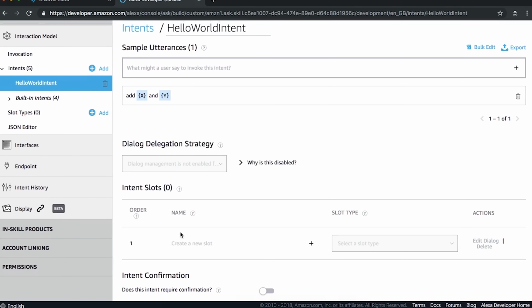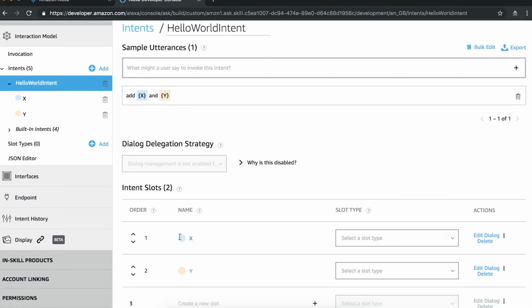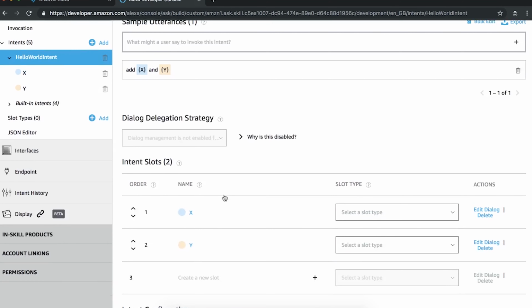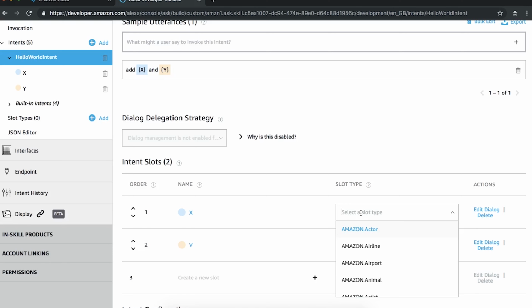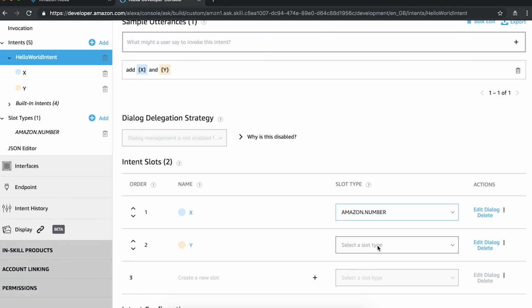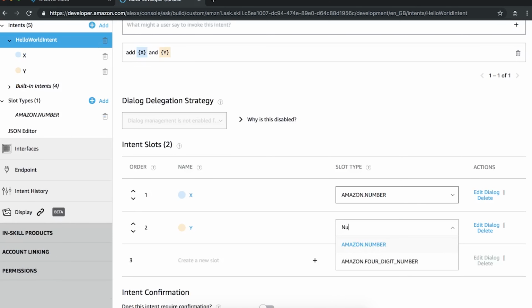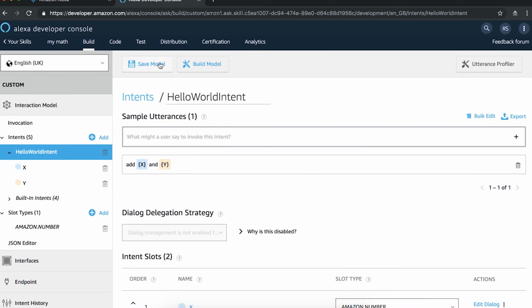Okay, got it. It's not working. Oh yes, I had to click. So if it's not refreshing for you, all you have to do is click on the intent slots and it will work. And next step is to actually select a slot type. So number. This will be our slot type for X, and number for Y. Okay, we have two slots. Basically, that's it. Save model